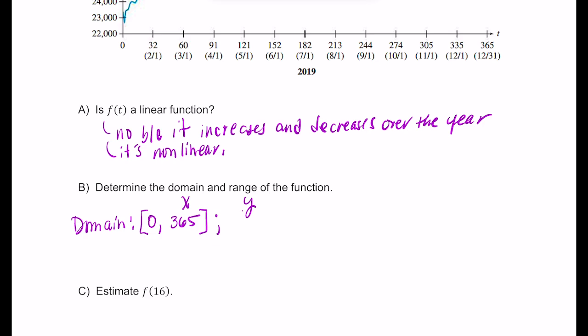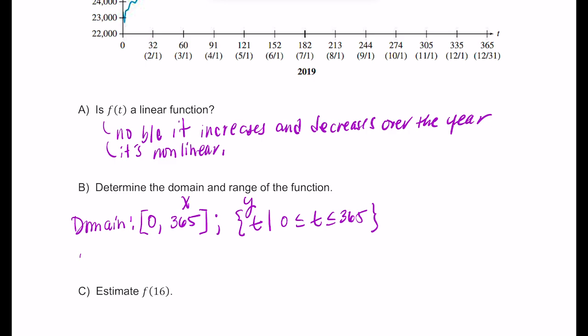You can also write it in what we call set notation, where we use the braces, so the squiggles, and we would say t such that, you put a vertical line, 0 is less than or equal to t, which is less than or equal to 365. So that tells me the domain includes every number from 0 to 365, or in this case, every day from January 1st to December 31st, right? So 0 is just the beginning of the day on January 1st, and 365 is the end of the day